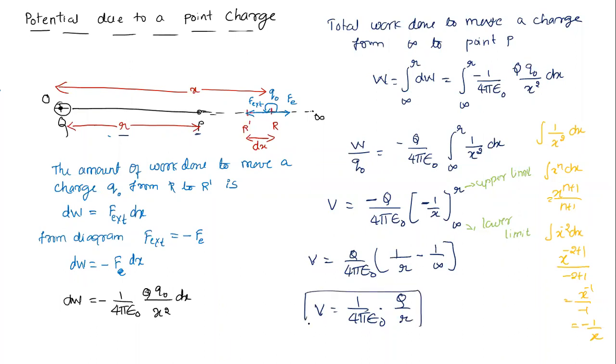So this is the formula for what now? Electrostatic potential due to a point charge. This will be asked for 5 marks. Means they'll ask you like this: 4 marks plus 1 mark, 4 marks for derivation, 1 mark for definition. What is electrostatic potential? And obtain the expression for electrostatic potential due to an isolated point charge. So this is the derivation for the chapter. So is it clear? Please have a look at the derivation. Any doubt, you can let me know, students.